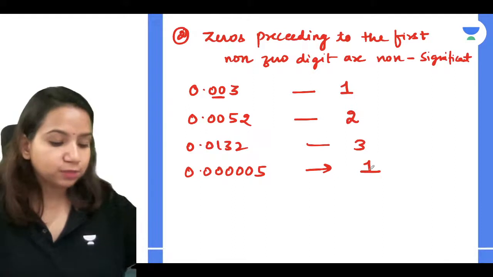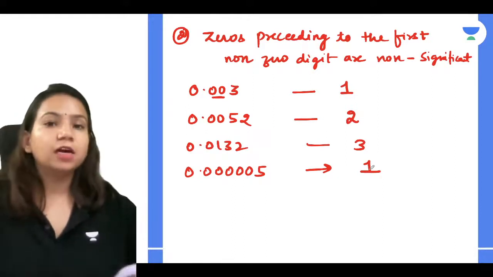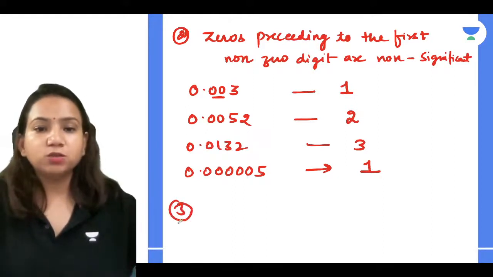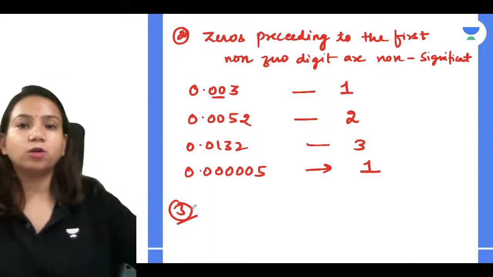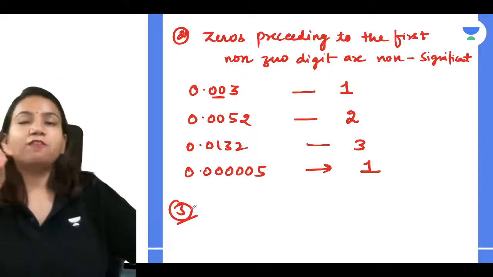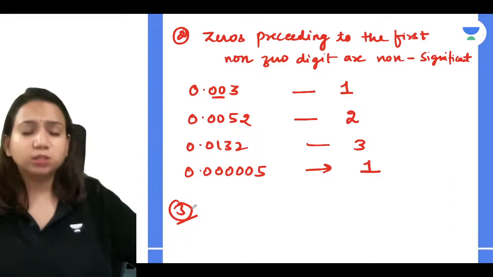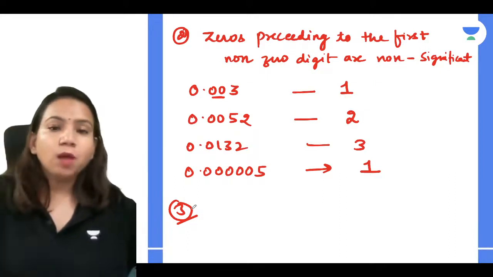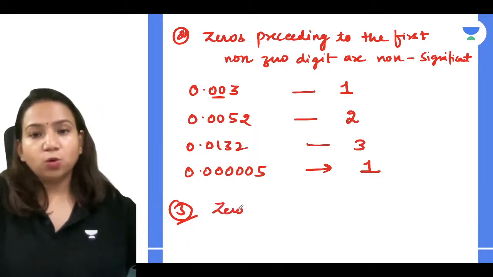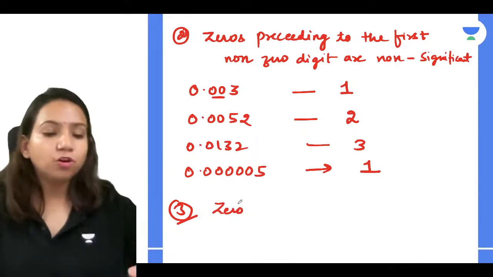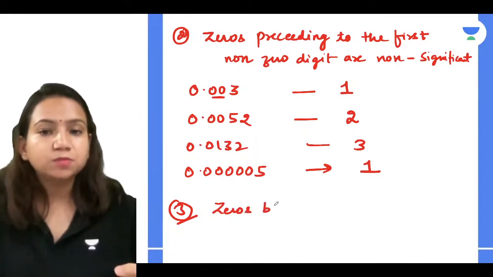Okay, guys? Understood that, everyone? Is the rule easy? We have simplified the rules to the maximum so that it is very easy for you to interpret. Now the next rule, the third rule, is about zeros between